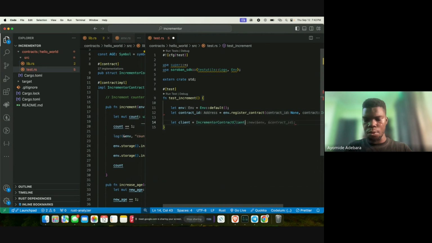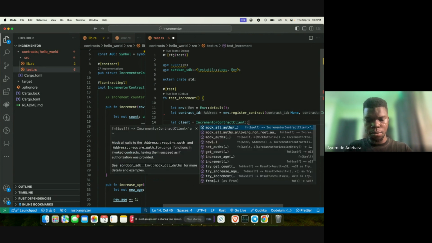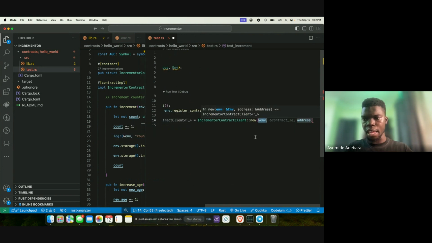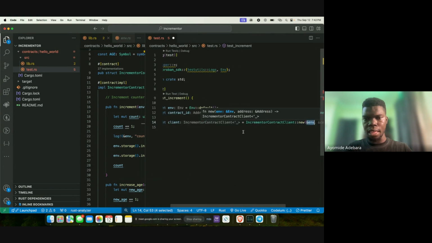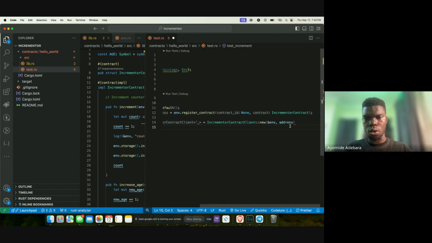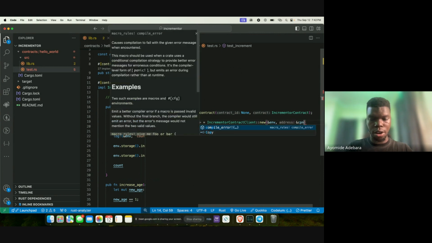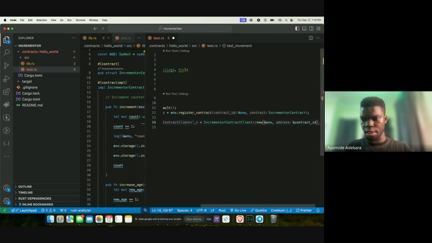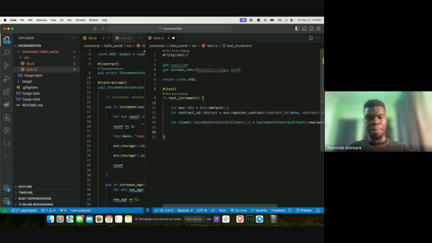With that, we create a new one, and inside it, we would obviously have our env and the address, which I made mention of, or called the contract ID, would be the second parameter. So it's going to be a reference to contract ID. So we've basically created